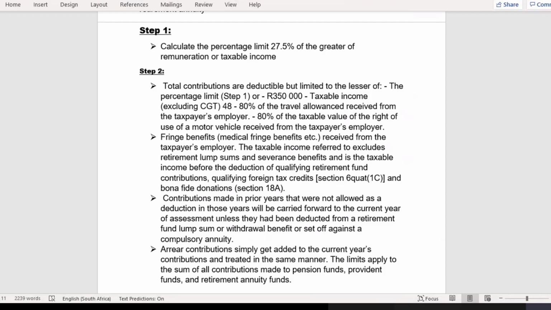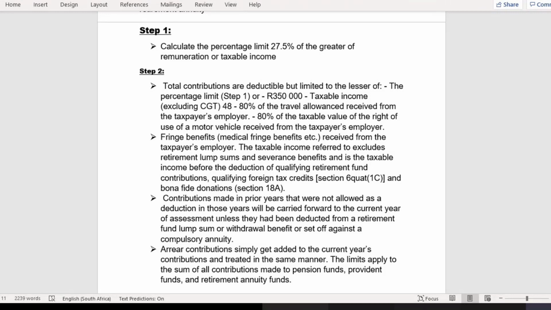Contributions made in prior years that are not allowed as deductions in those years will be carried forward to the current year of assessment, unless they had been deducted from the retirement fund lump sum or withdrawal benefit, or set against the compulsory annuity. Let's look at the arrear contributions, which simply get added to the current year's contributions and treated the same. Meaning that if you've got arrear contributions, you need to make sure that they are included in the current year and treated in the same manner as